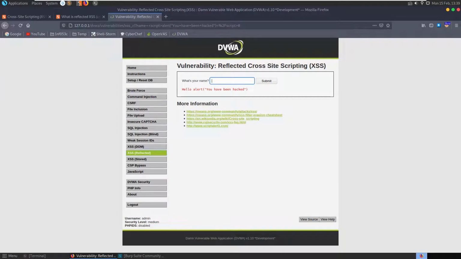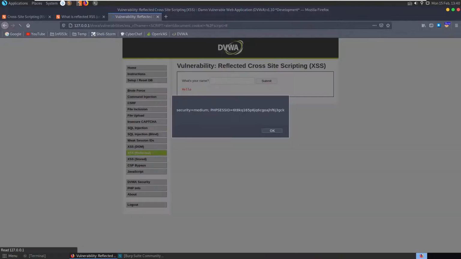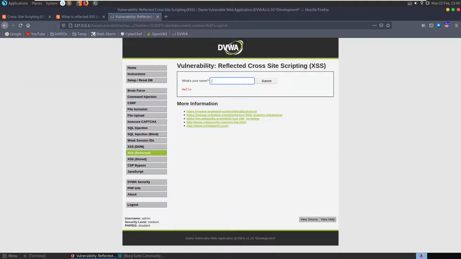So, a couple of options. It didn't appear to be checking the case, so presumably we can just say alert document.cookie, and it wasn't checking the case of this closing script tag. So presumably you can still just do that in lowercase. Let's submit. Yep, that's fine. Another way we could do this,